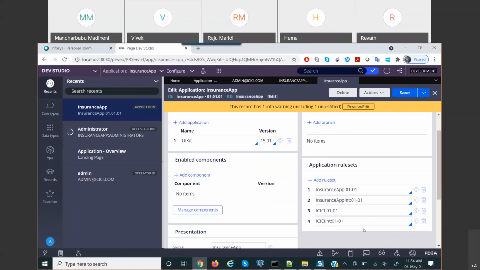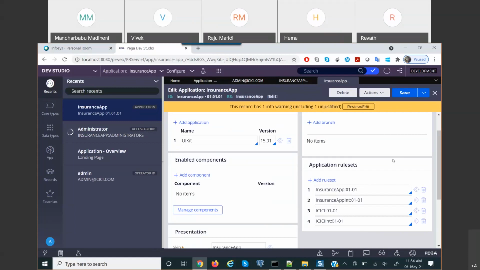Then it's our wish. Let's say you are given a new feature; definitely you might need to create one more rule set and do the development there. Pega recommends going for as many rule sets as you can, rather than keeping thousands of rules in a single rule set. It's recommended to go for different rule sets feature wise, for every feature. Okay, thank you.